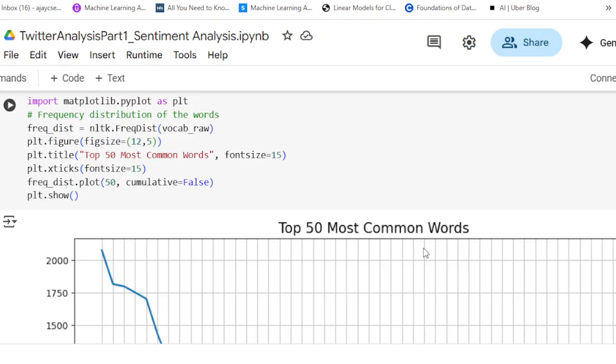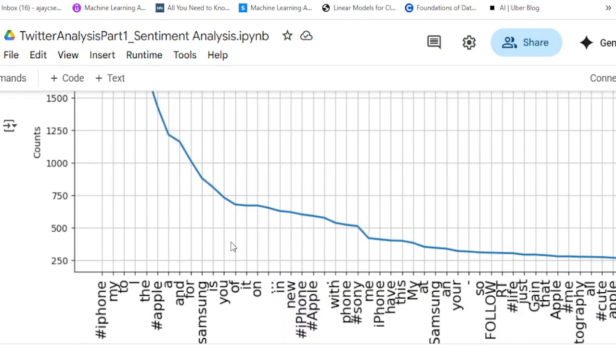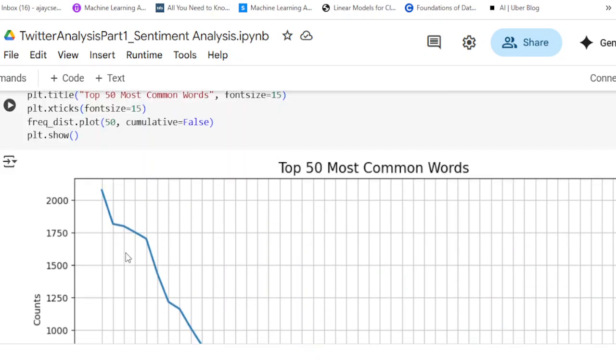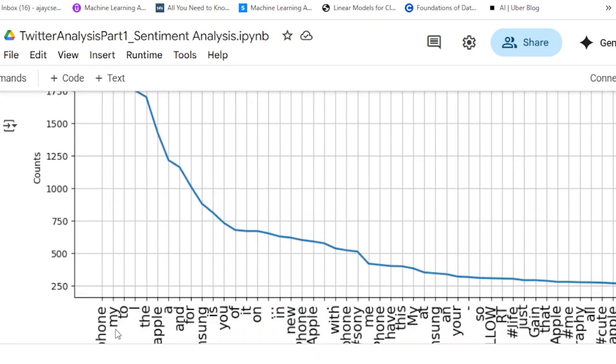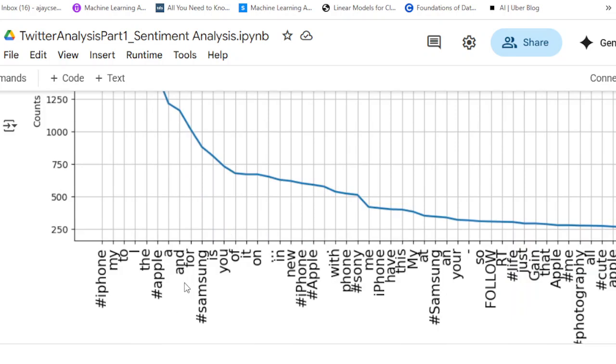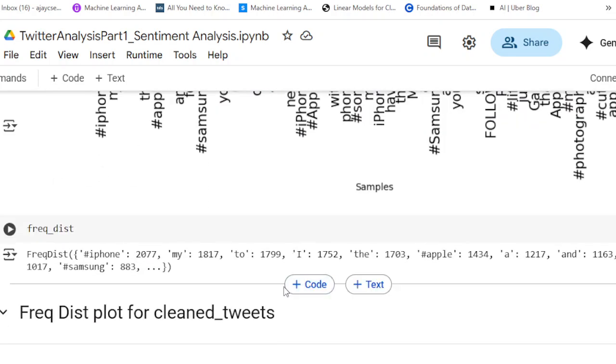So checking on the 50 most common words from these tweets, it is iPhone. iPhone is really trending, is what we see here. My, to, I, the. Apple is again Samsung, iPhone, Apple, phone, Sony, iPhone. So as we can see, these are the words which were really in trend from the tweets that were captured